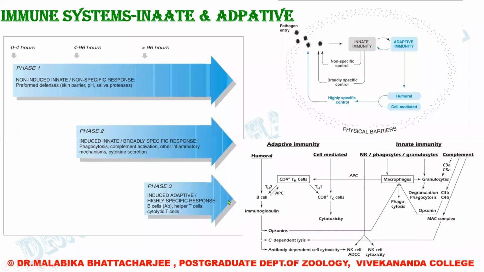So we can see that it's antibody-dependent cell-mediated cytotoxicity. Now, when the immunoglobulin molecules act as opsonins, they in fact attract the macrophages. So as you can see, this is roping in the innate immunity. Not only that, the macrophages further activate the granulocytes. We have further degranulation and phagocytosis.